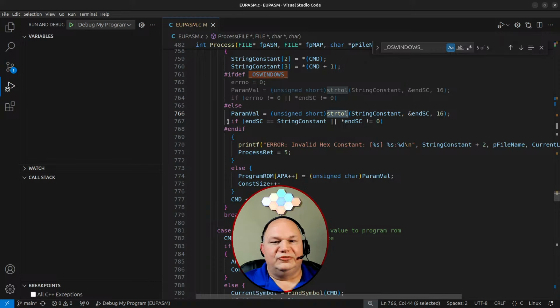And so really we're just redefining this whole if statement. For Linux, it's this, and for Windows, it's that. And those are the 5 primary changes that I had to make to the program. Not particularly complicated, but that's because it's a command line program and I'm not using any of the Windows